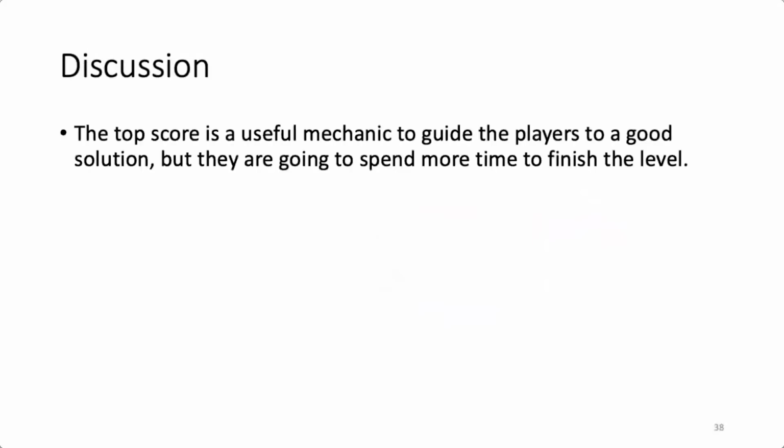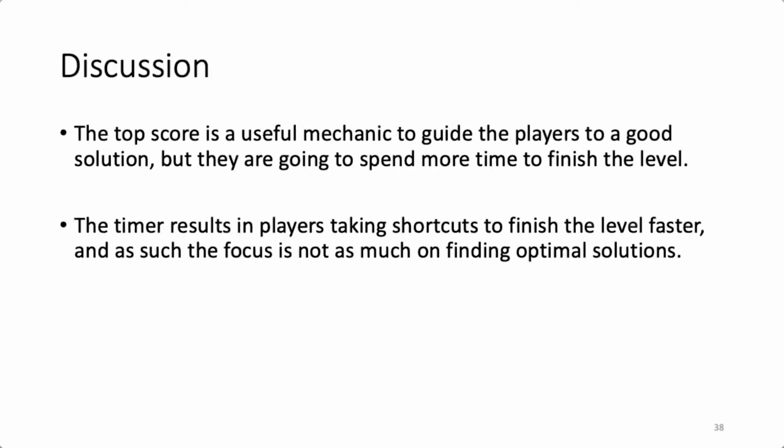In this study, we observed interesting effects of timer and top score. Giving the players an idea of an ideal number of moves influences players to spend more time solving the puzzle and produce solutions with fewer moves. One important detail about the game is that sub-optimal solutions to the puzzles are easier to find than optimal solutions. When the timer is present, players seem to take the easier road to solve the puzzles quicker, but using more